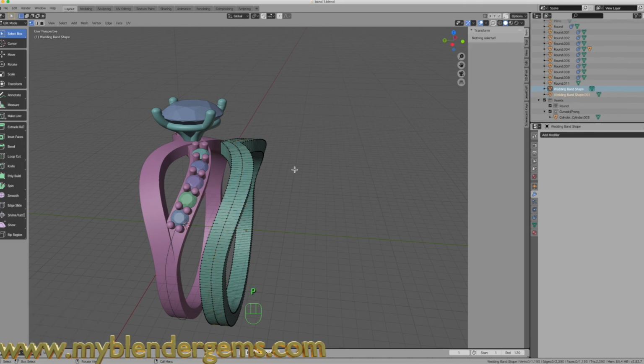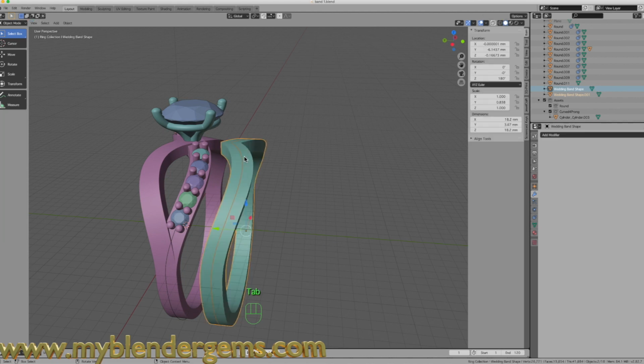We're going to do the exact same thing that we did to make this band. I'm going to go back into object mode by pressing the Tab key. We'll select this path that we just created, which is a mesh, and I'm going to come over here and we're going to say wedding band diamond path. So we've given that a name,